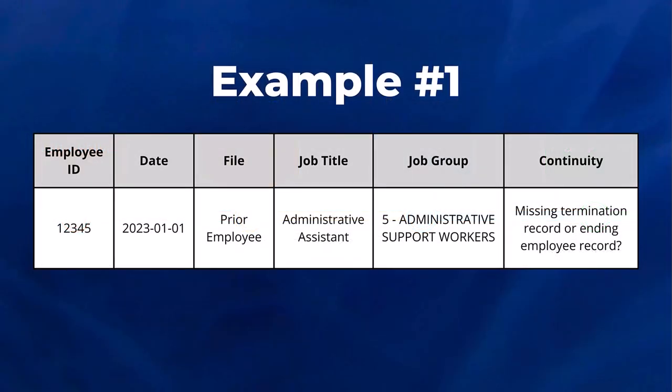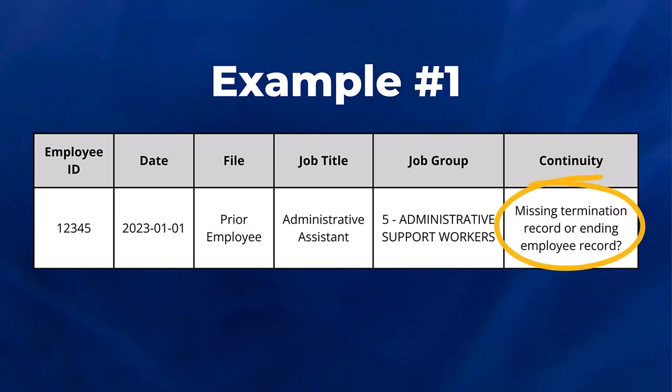This data provides an example of a typical continuity mistake and shows the importance of data consistency. For example, employee 12345 is in the file for the 1st of January for 1 year, but there is no entry for the following year. To remedy this situation, you could look to see if there was a missing termination record that was not pulled out of the HRIS.